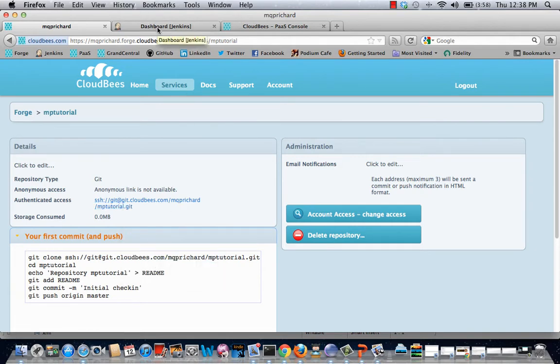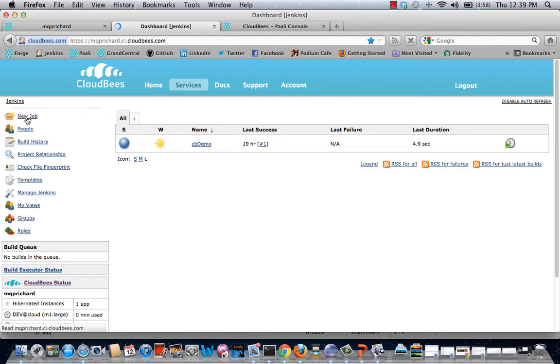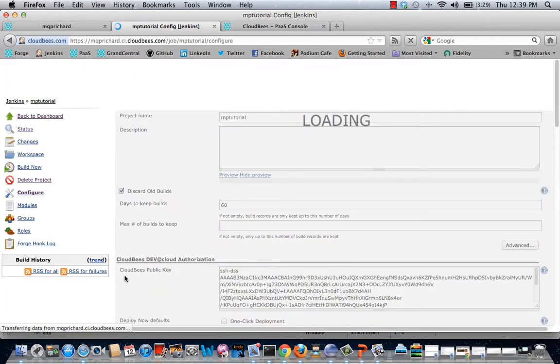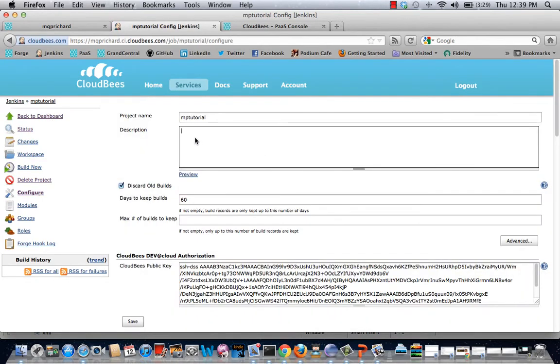What we'll do now is go straight into Jenkins, and I'll show you how to set up the Jenkins integration directly here. So I'm going to use exactly the same name just to keep myself sane. There we are, and I'm going to build this as a Maven project because that's what it is. So now let's just give it a usual description. So I'll just call it Jenkins CI build for MP